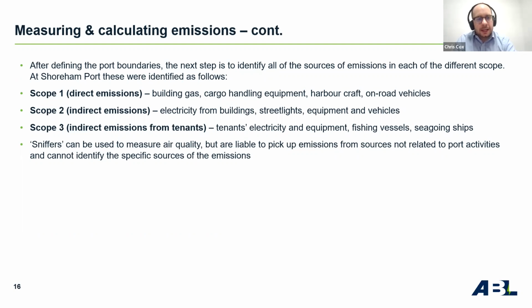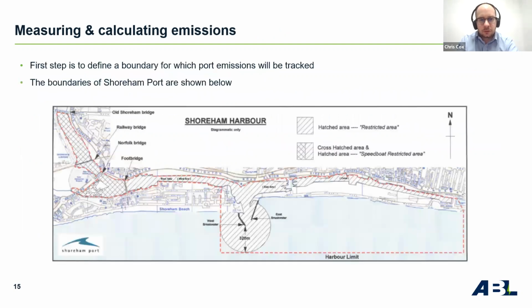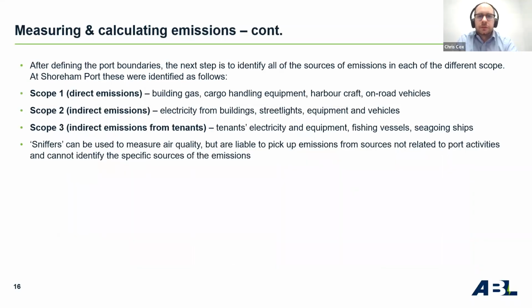Now, you can track emissions through sniffers, so by putting up a bunch of sniffers around the port, tracking the air quality. But the trouble with this is that you're liable, especially in Shoreham's case, where they have a main road right next to their port boundary, just north of that dashed red line, to pick up emissions from other sources, so not from the port themselves. And also all you can do is measure the air quality and not actually work out where those emissions have come from,